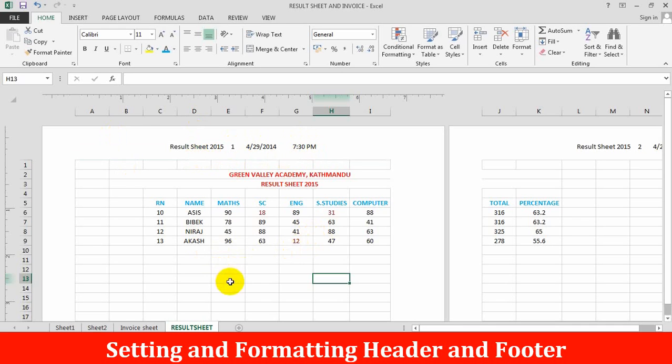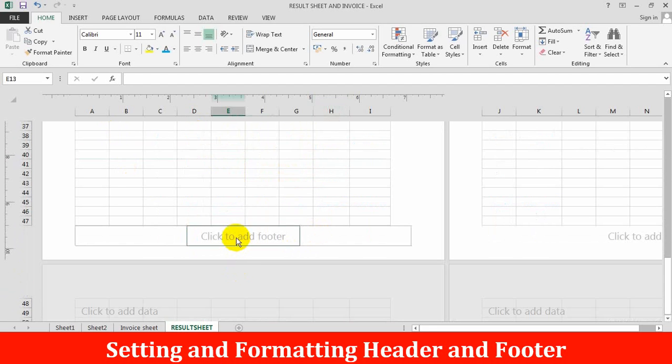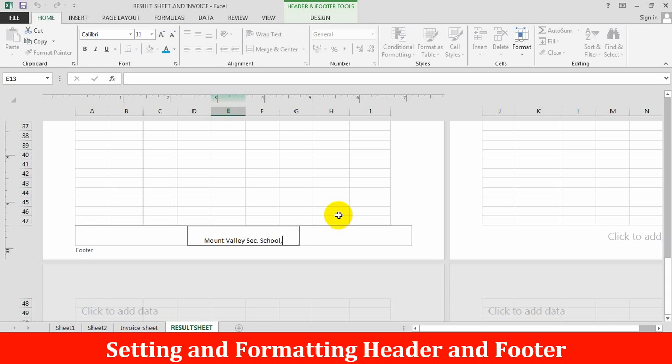Now let's come to the footer. Click to add footer. Just click here. Now type the text. For example, Mount Valley Secondary School, Kathmandu. Phone number, something.